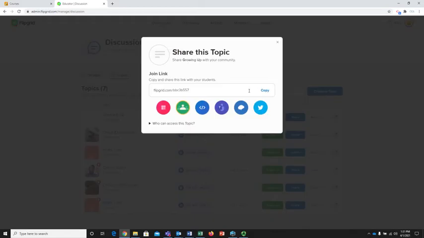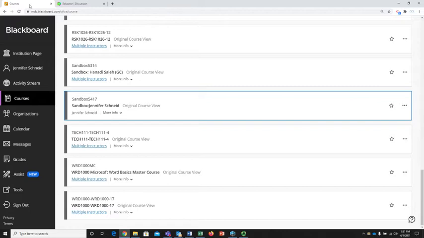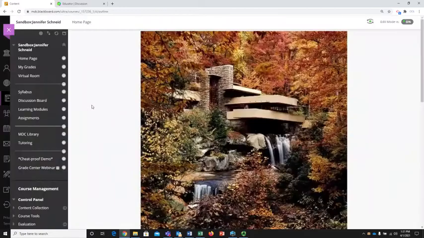Okay, so I get this page. Now I see this link here in the text box. I'm going to simply click copy, and that copies that link. Now I'm going to go up here into Blackboard, and I'm going to find my sandbox under courses, and that's just my test space to show you. Now I have an assignments area,